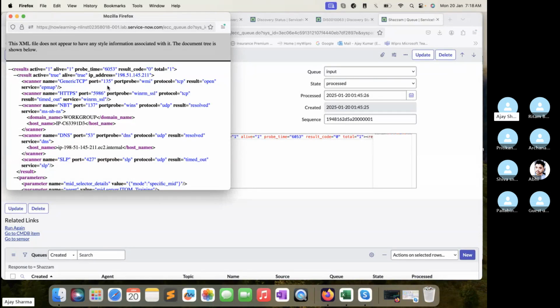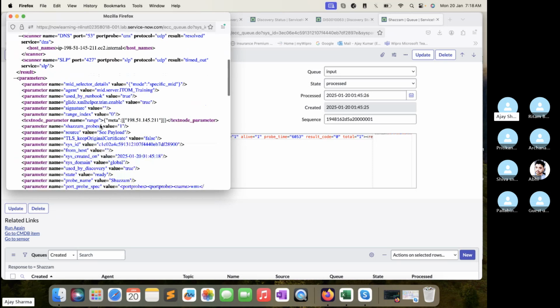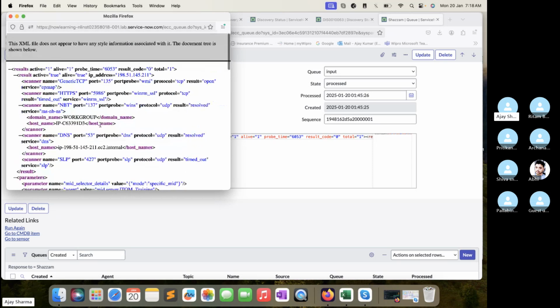I can see I found port 135 is open, 5986 TCP is timed out, NBT port 137 UDP is resolved. But I am not able to see port 161 open. Might be, might not, but that is the reason. It's not going to be classified as an SNMP device. It's classified as a Windows device because only port 135 is open, which belongs to WMI